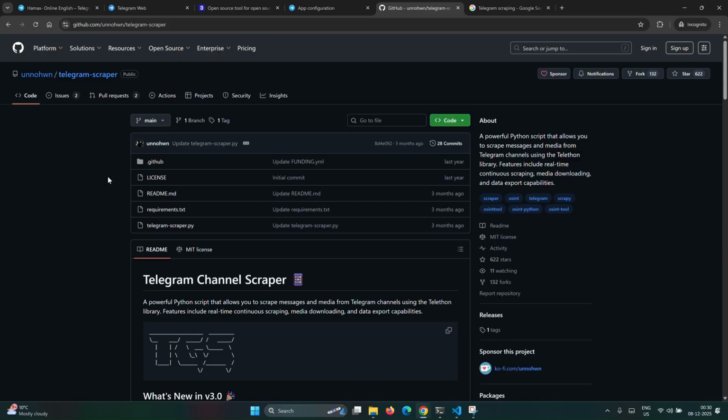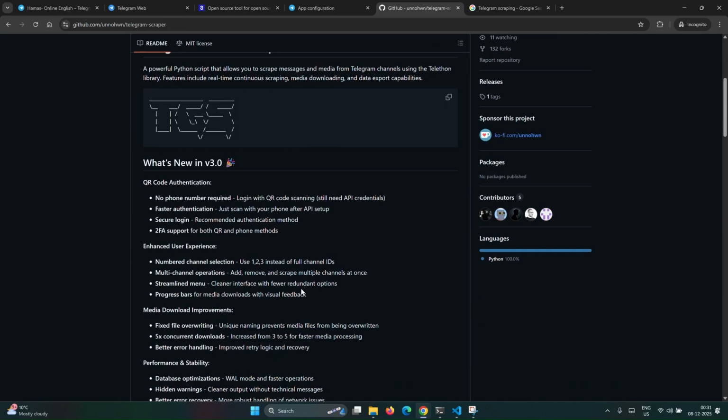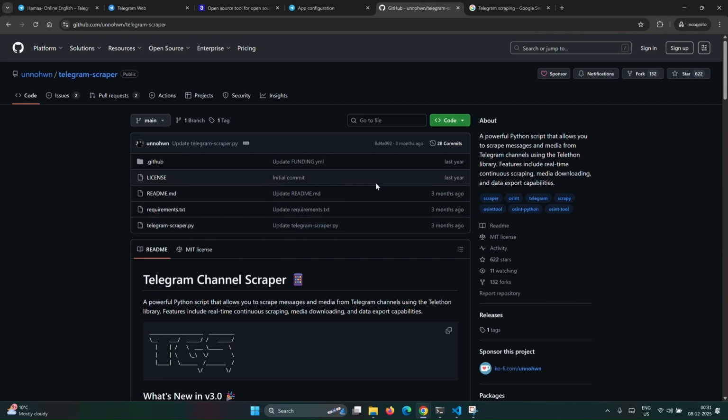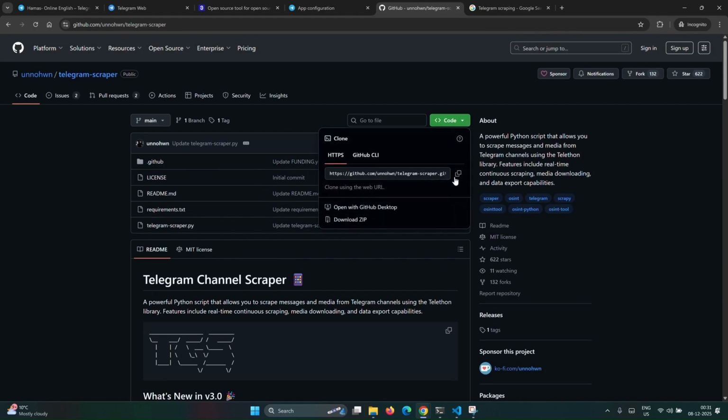Scraper that you can install with pip, or you can do a git clone. I think the real package is not available for that, so you can just directly do a Telegram Scraper git clone. They have given proper documentation here, so you just copy this git URL and you can clone